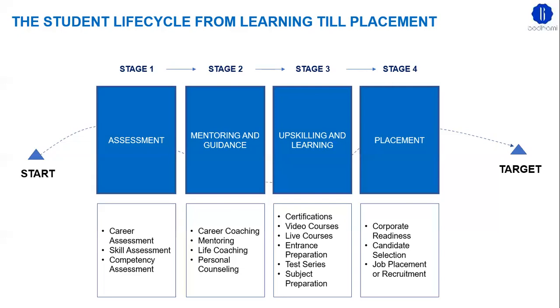So using that, then comes stage 2, which is mentoring and guidance. Now, if we know that as part of a career assessment, this particular individual is really good at a particular career, then we have to find out a path of how this person from this point onwards can go to that particular career. So that is called mentoring and guidance, which can involve things like career coaching, where you coach that particular student to go to that particular career, mentoring at different points in time to support this particular